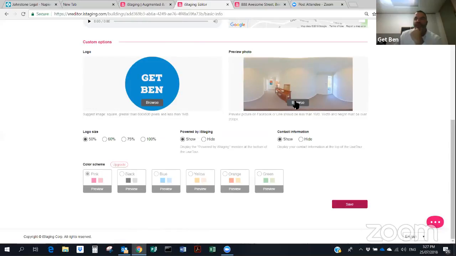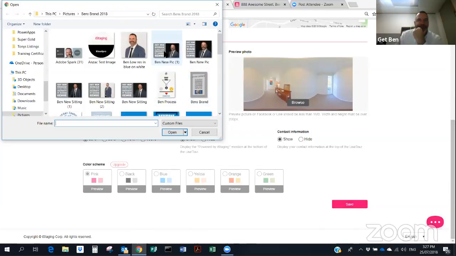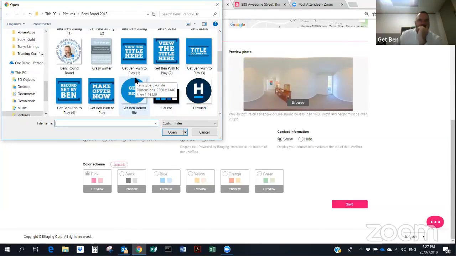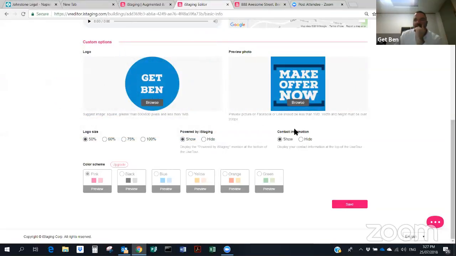Moving on. This preview photo. This is the photo that you're going to see when you share the image across the net. Okay, so it's got to be less than a megabyte. Less than a meg. Put that in there. It could be anything, but as long as it's less than a megabyte, if we share it to social media,